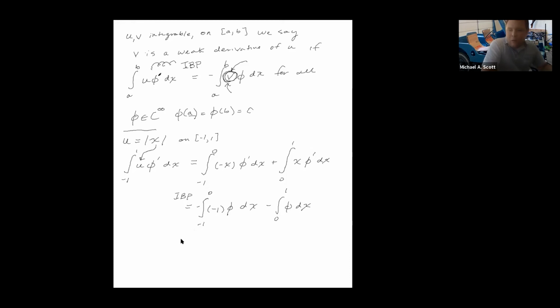So this is our v, the integral from -1 to 1 of v phi dx, where in this case v is equal to -1 if we have -1 less than or equal to x less than 0, and then 1